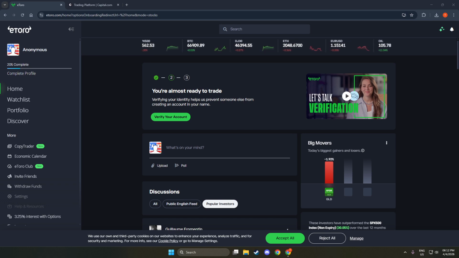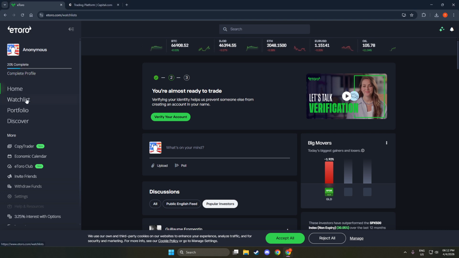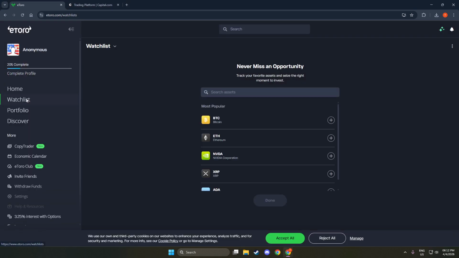Start by logging into eToro. On the left-hand menu, you'll see Watchlist. Click that to open the main watchlist area. This is the hub where all your saved assets live, and it's the fastest place to check what's moving without diving into full charts. If this is your first time here, you'll likely see a default list, but we're going